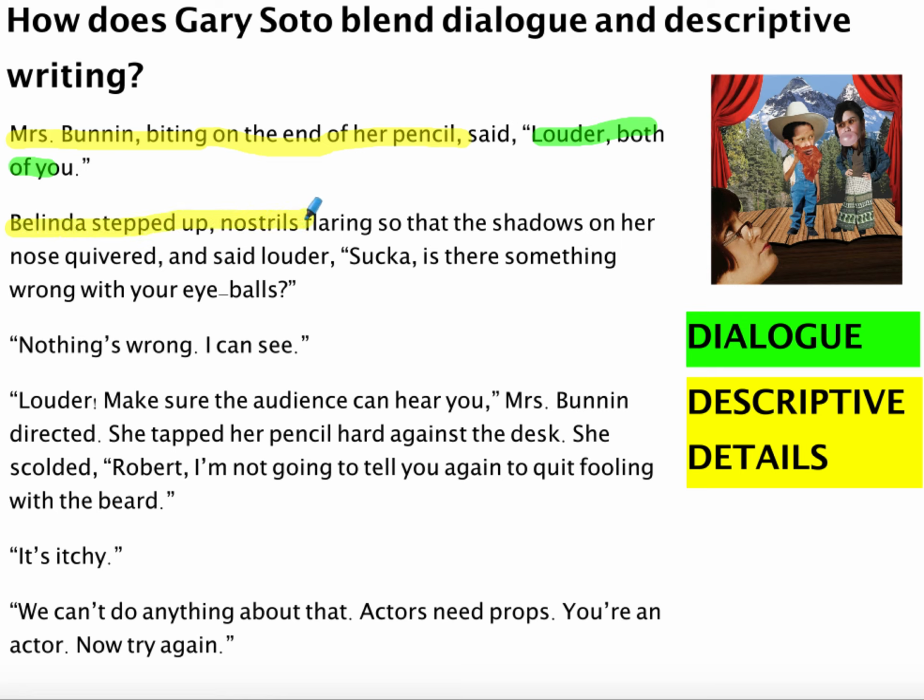Belinda stepped up, nostrils flaring so that the shadows on her nose quivered, and said louder, "Sucka, is there something